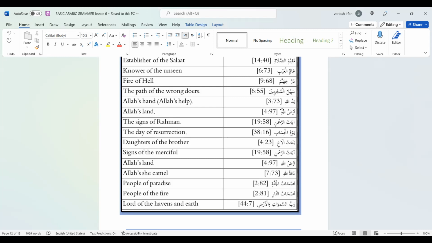And on the first page, I used to make a key, like I used to write down that all the Idafa constructions are with the orange marker or with the pink highlighter, and just like that, I used to make key points on the first page of my Musaf or any book or any tafsir book I used to read. And still now, I do these kinds of things in my Musaf and my other books. So you can do the same thing. And I think